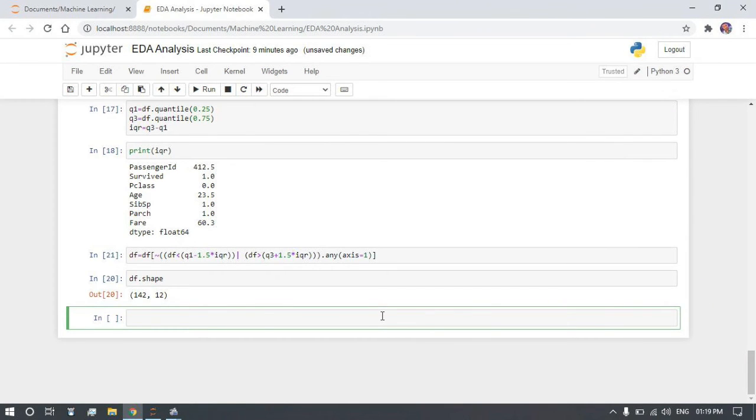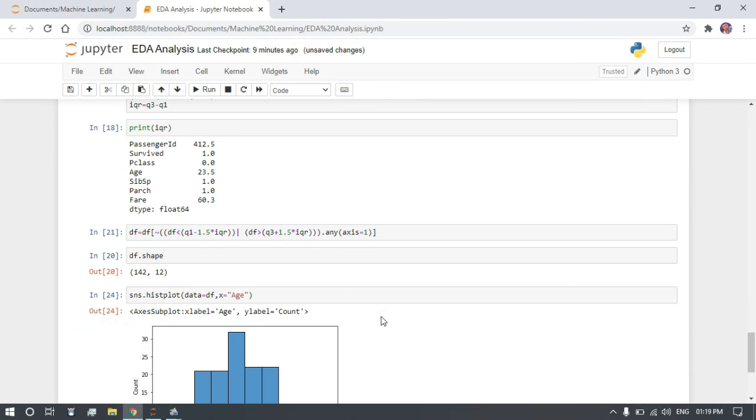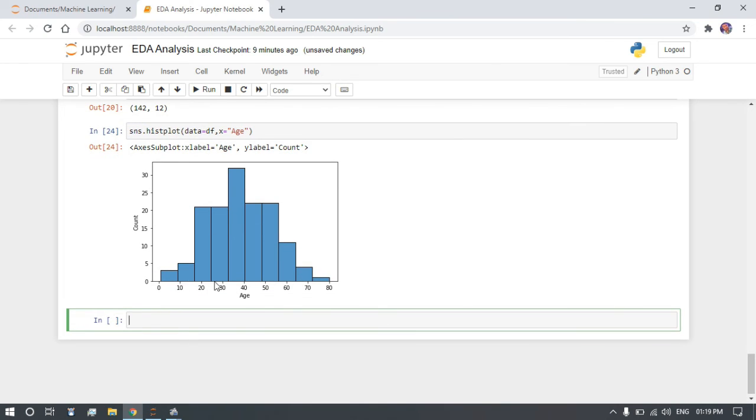If we take one column in the data and do analysis on that one column alone, it is called univariate analysis. One of the most common methods we use here is a histogram. So here I am going to write sns dot histplot, and inside that my data is going to be my data frame, so it is df. For x, I'm going to take only one column, which is the age column. Once I execute it, you can see histogram has nicely plotted the distribution of the data. We can see most of the data lies between 10 to 70.